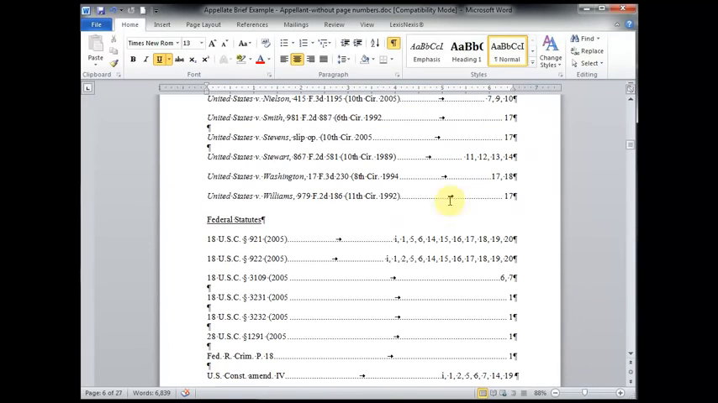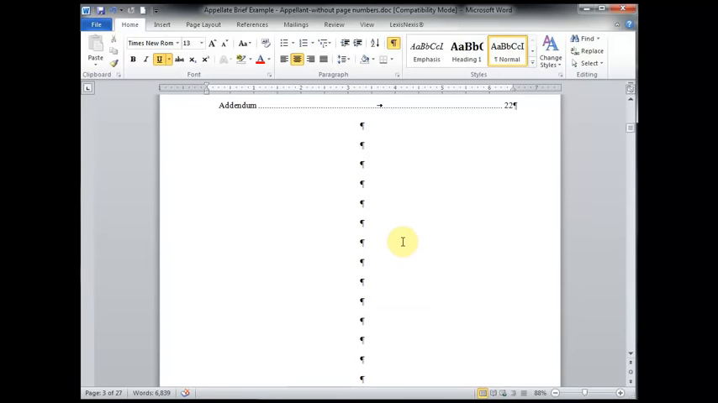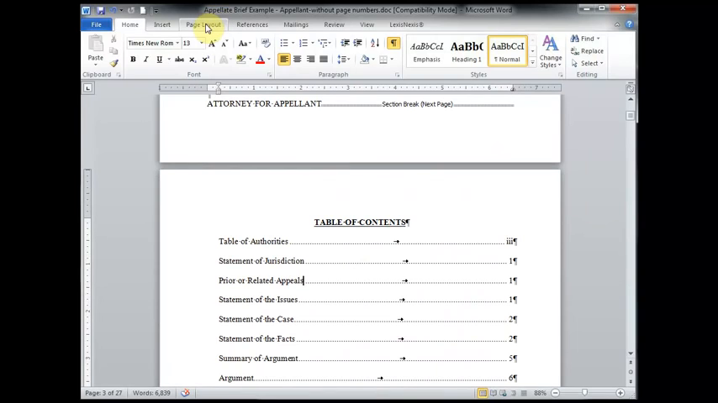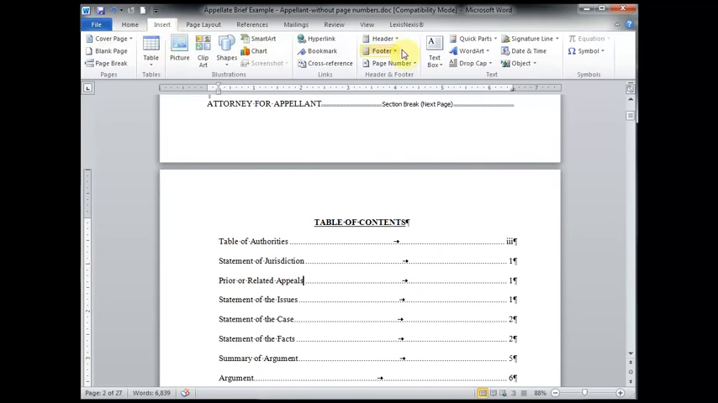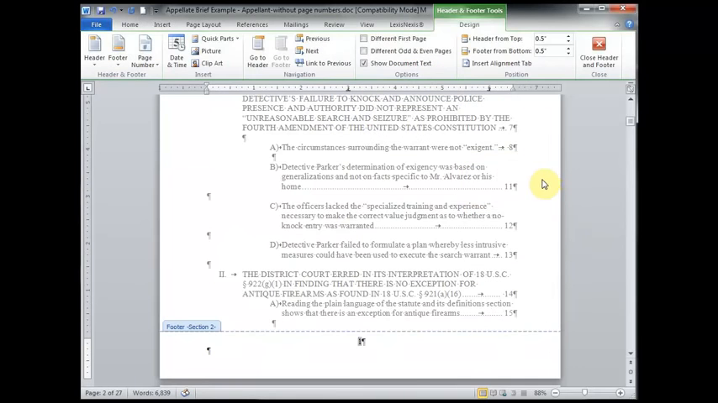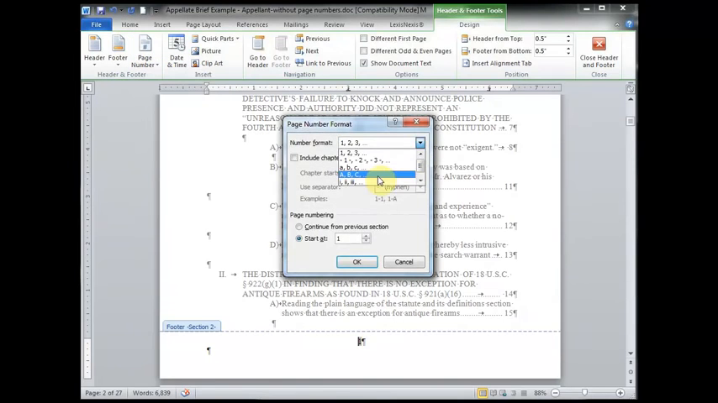Now I can click on my table of contents anywhere and insert my page numbers. I click on Insert, Page Number, bottom of page, plain number 2. You never want to change the formatting of the page numbers directly in the footer. You actually want to do them using the page number formatting tool, or it'll mess up your page numbers. So I'm going to choose the small Roman numerals,